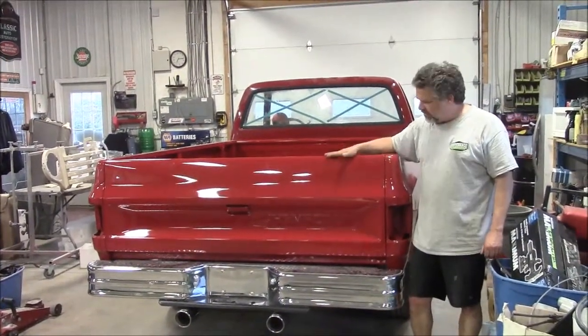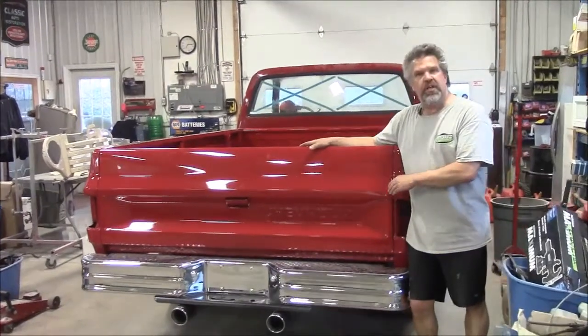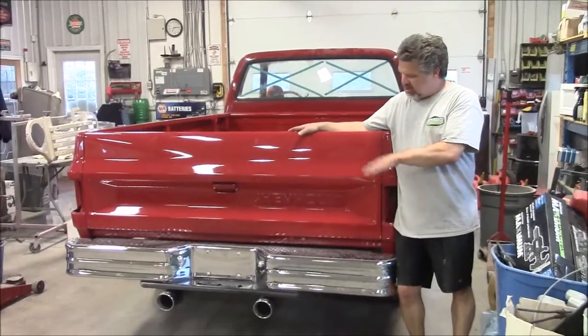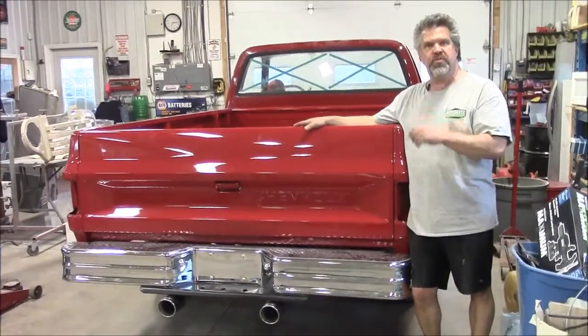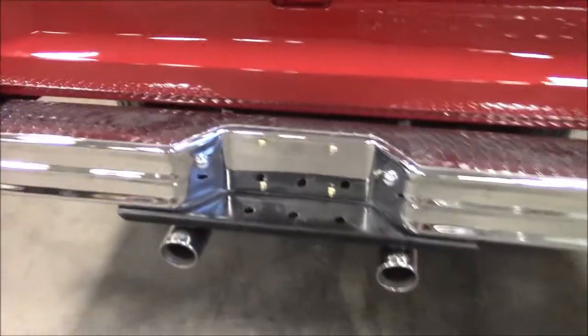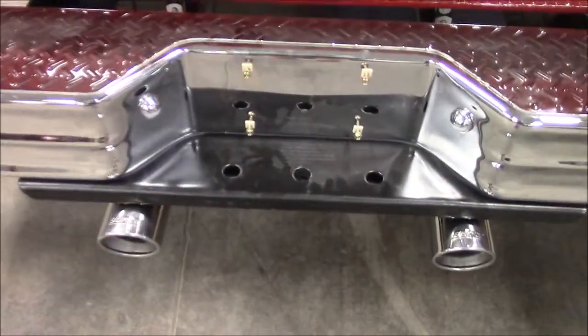lastchanceautores.com. I'd like to share with you an update in our previous video on this custom exhaust system for the '87 Chev truck. We shared with you what it looked like from underneath when it was on the hoist. Now, as promised, we have it here on the ground, and you get a better look